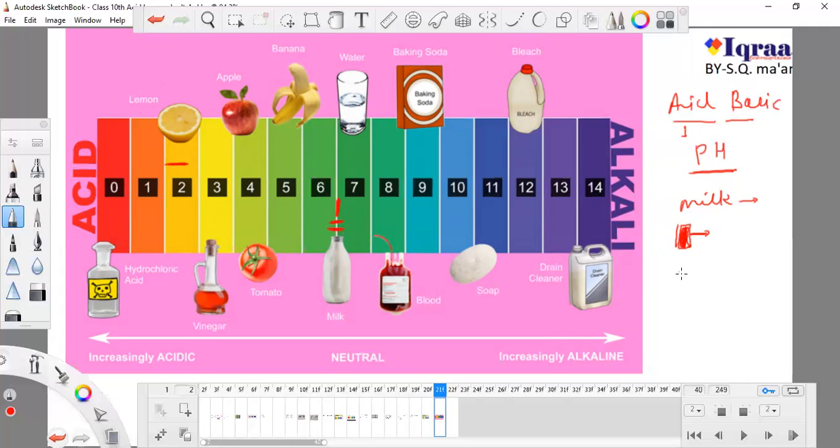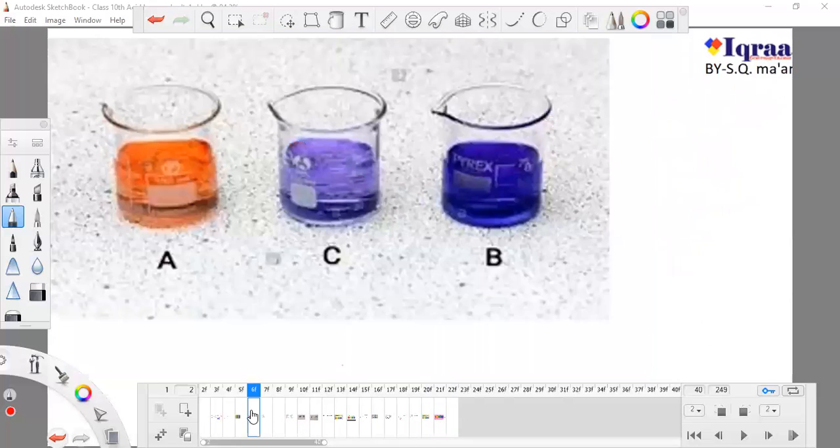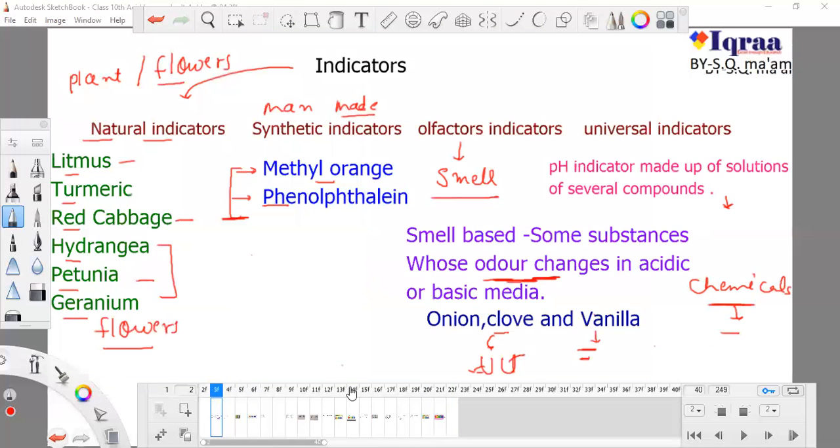And if I use milk mixed with water, it will show something different from this color, a different shade. Definitely, pure milk will show a color in between these two, and water-added milk will show something different. So this is a very good and unique quality of the universal indicator. It shows not only acidic and basic nature but also the different ranges of